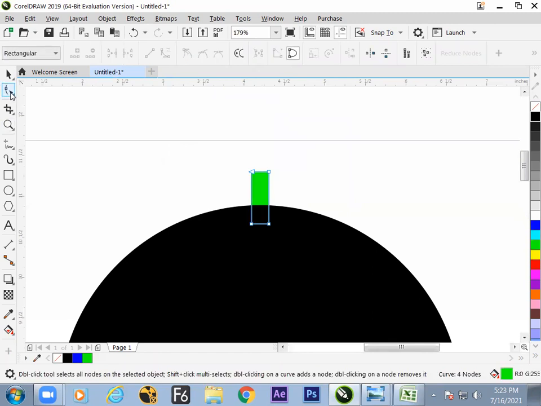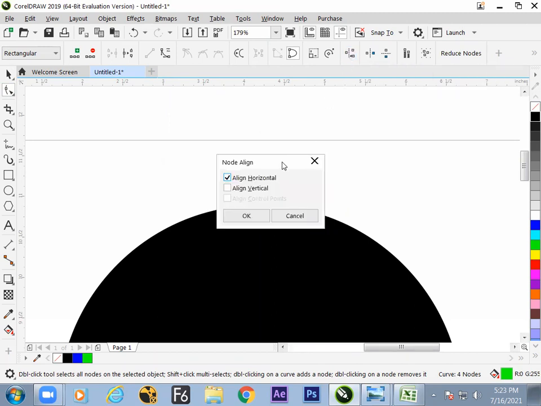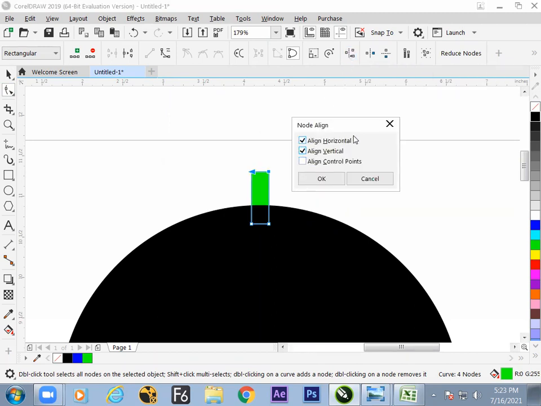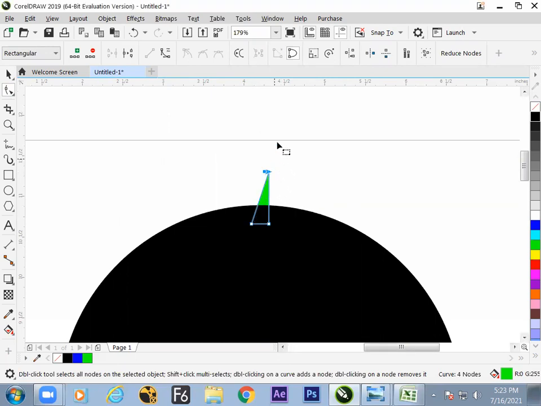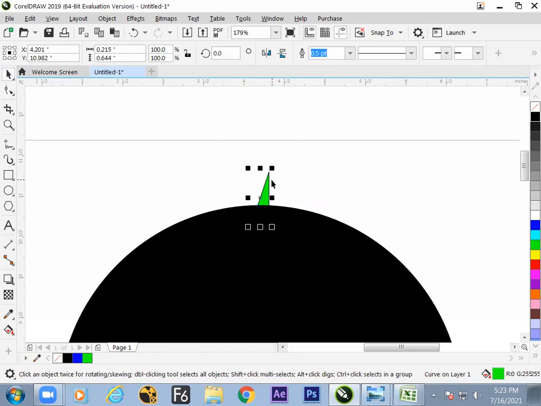Select the shape tool and make them come onto a single place. You know how to do alignment, align vertical and horizontal. Okay, so if it is not happening, align to control point. Right, so it moves to one side, nothing to worry about. What is the button? F10.